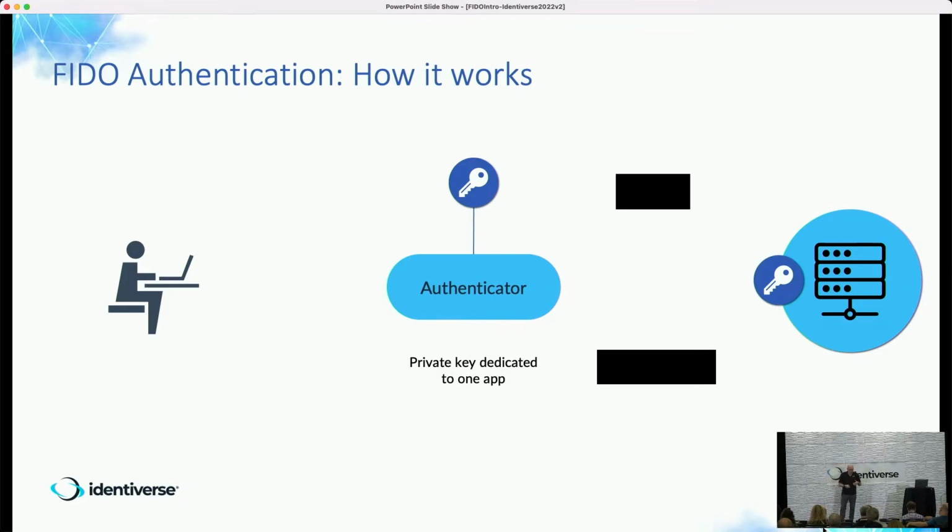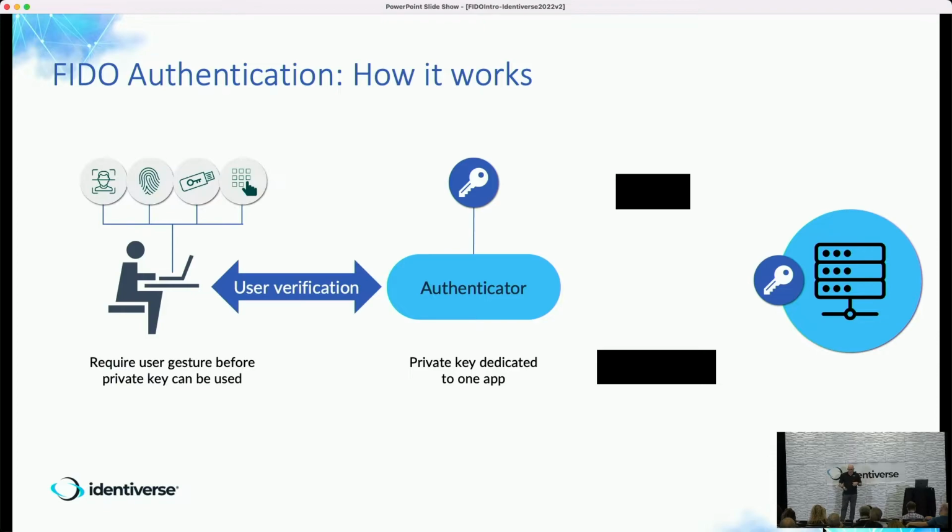They're all unique. Now, when the key pair is being created, this is where there's a new model that comes into play. There's a user gesture that's required. The whole notion is we want to manage the way that those keys are created and released. So the first step when creating it, and then when you're using it, is that a user gesture is required. It could be typing in a PIN, it could be whatever the screen unlock mechanism is on your phone, and that's the signal to say, okay, it's the person who's trying to connect, I'll create the keys.